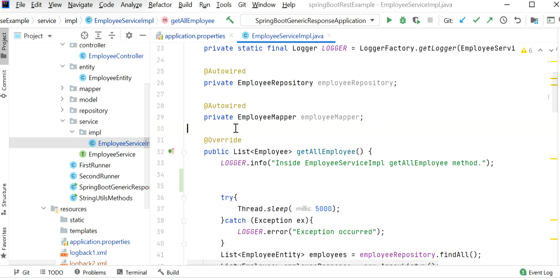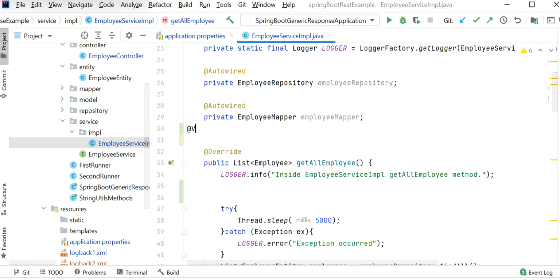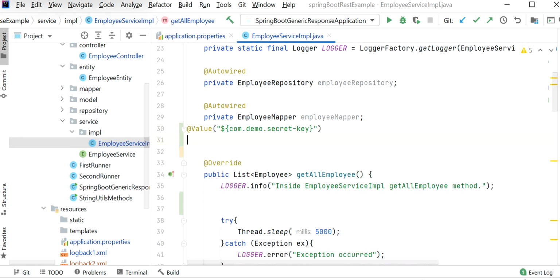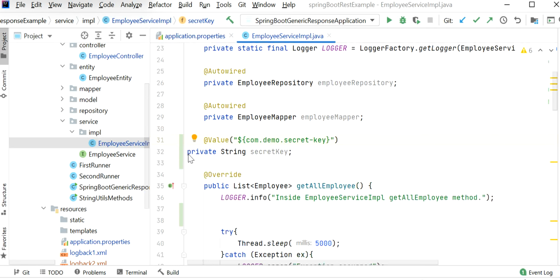So I will just use @Value annotation. This is one way that we can use to fetch the value from our property file. Here let me declare this property name, private String secretKey.